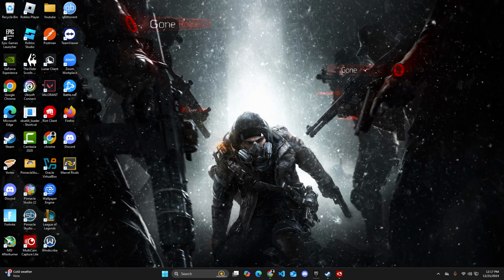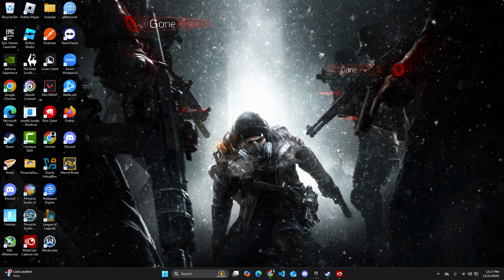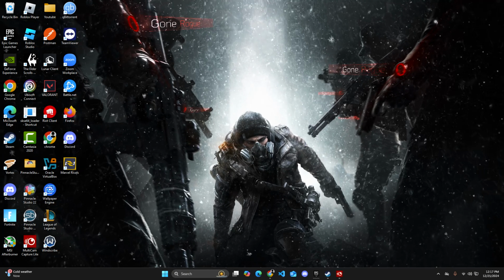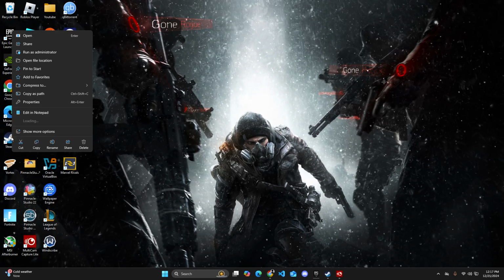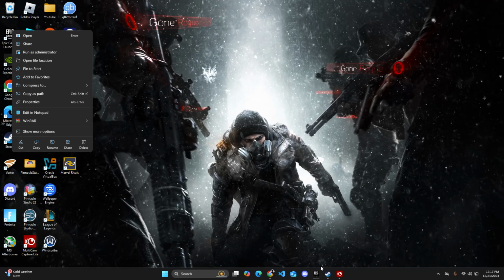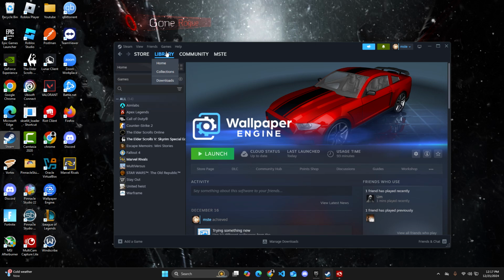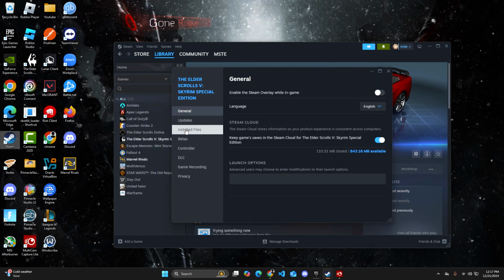So what you guys can do is, if you have GTA 5 online installed through Steam, you can find Steam on your desktop, right click on Steam and hit run as an administrator. Once Steam is open, you can make your way over to library. From library, just find GTA, right click on it when you find it, hit properties, and then go over into installed